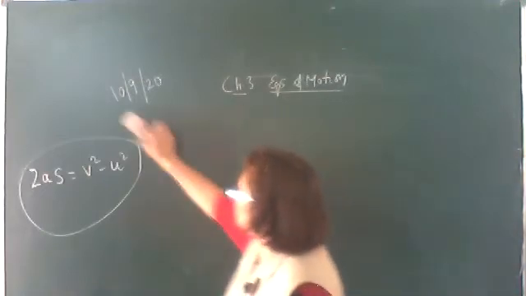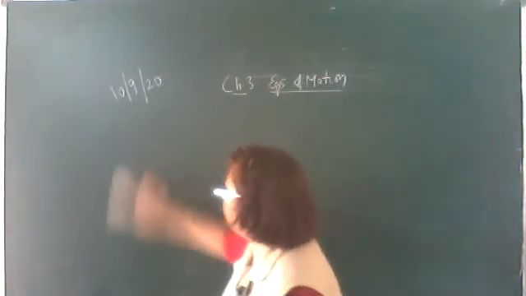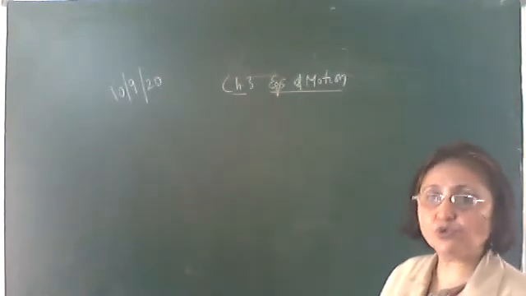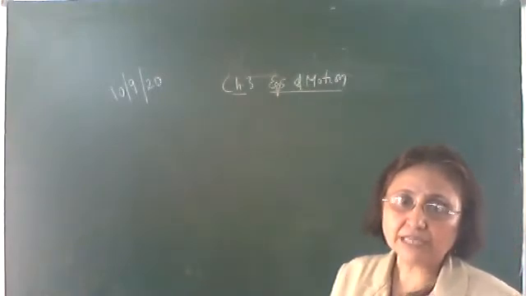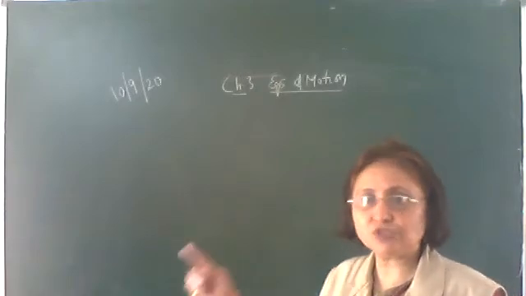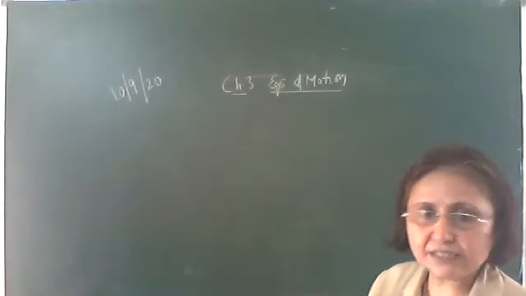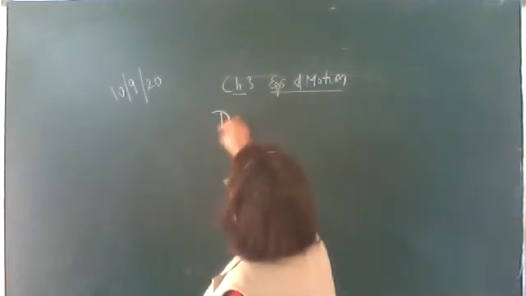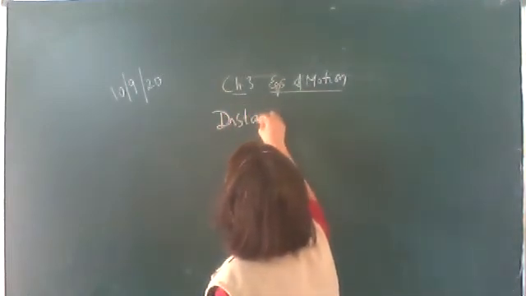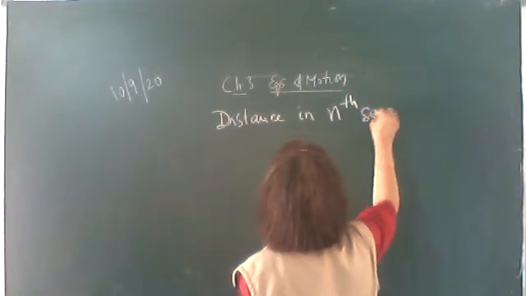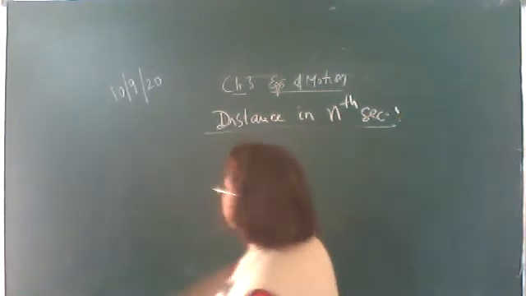Okay, now we'll find out the distance traveled in the nth second. Now, what do you mean by it? Let's see. Distance in the nth second, in a particular second, here we'll find out. The formula S is equal to ut plus half at square is the distance traveled from 0 to t seconds. Now, in a particular second, the tth second, distance in the nth second. Okay, let's first try to understand.